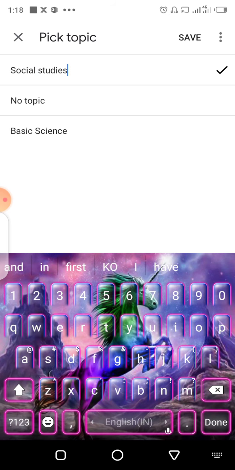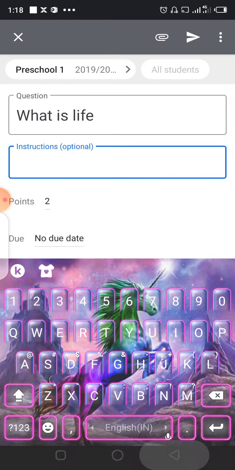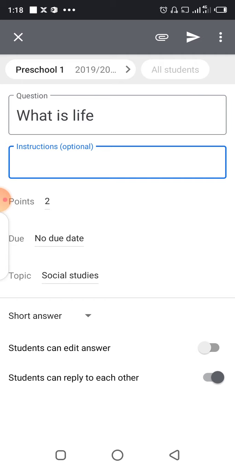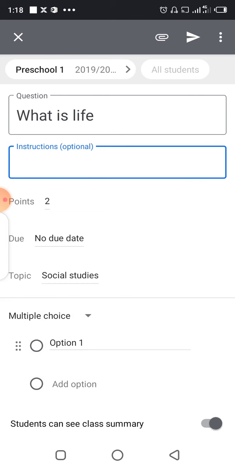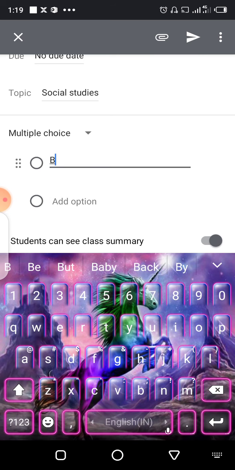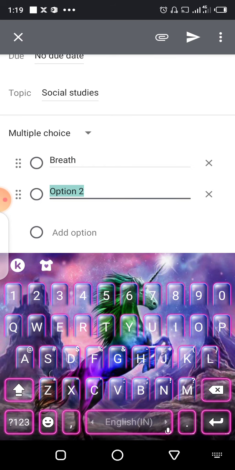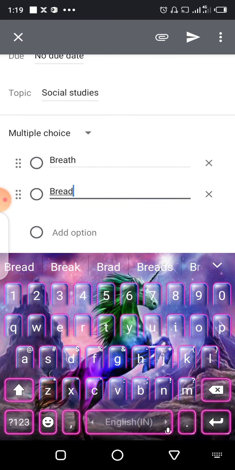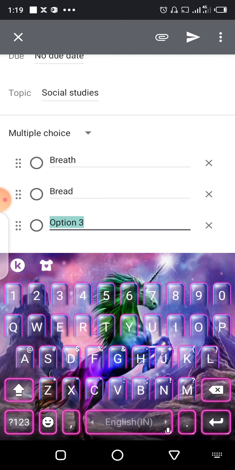Social studies. So you just click save, and you can just go down. Now look at this short answer. This short answer, you can give either short answer or you put multiple. If this multiple is, maybe you want to give answer, life is bread, you can put bread there. You can put option 2, life is bread, just the mind options, or life is